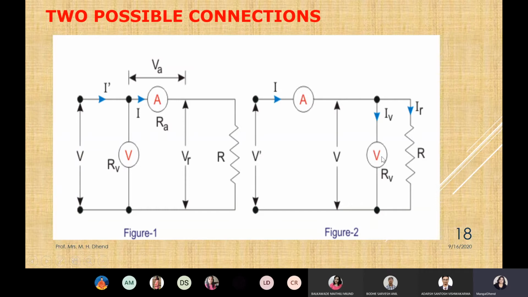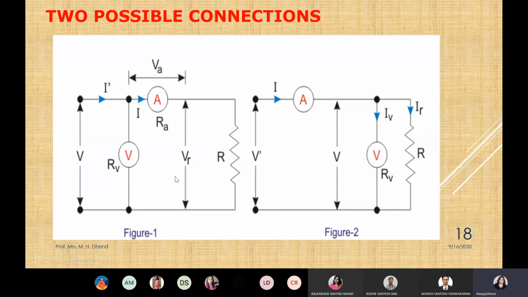Even if the resistance of the voltmeter is very large, it will still take some current. So if current through the voltmeter is IV and current through the resistor is IR, then the current of the ammeter will be IV plus IR in this connection.